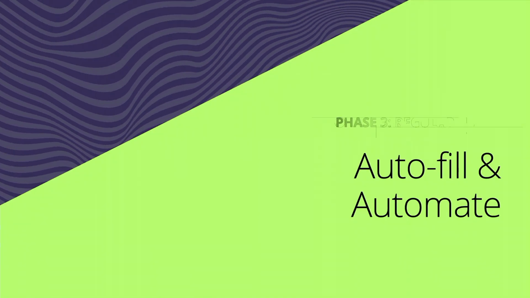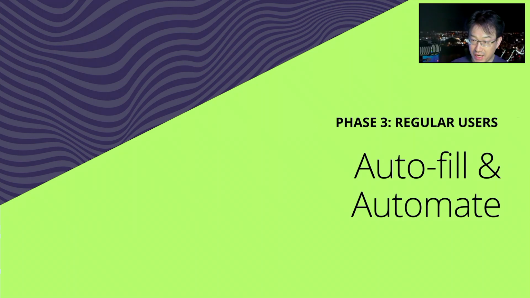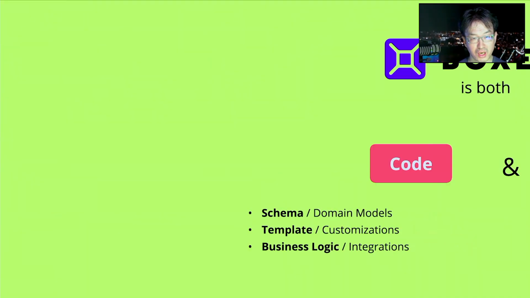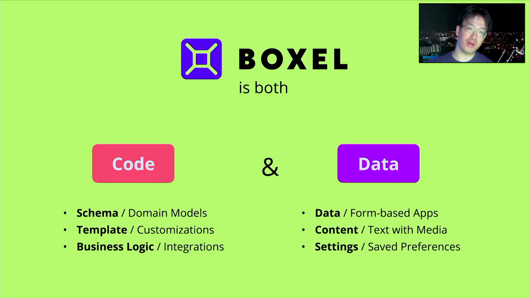Okay, so we have created this basic capability for code that is either written by users, written by developers, customized by users, or generated by AI. Users, regular people who don't code and don't know how to interrogate software and a bot to get something, want to use these forms and autofill this information. They want to automate their workflow using these forms that exist in this common catalog. How do they do it? Well, this is where we have to look at Boxel.